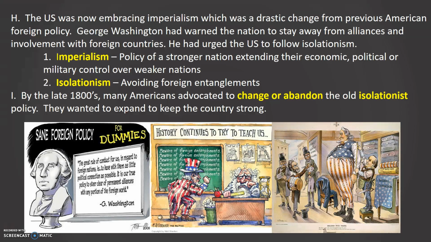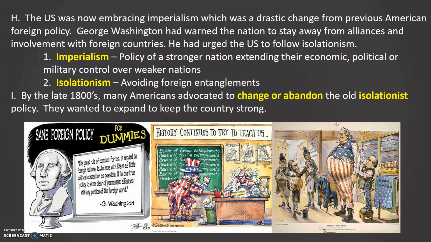The U.S. is now embracing this new idea of imperialism, which we really have not been embracing before. The United States was a series of colonies, and as colonies, we felt that the British had abused their power, and we were very much against this idea of imperialism and colonization, and we were also against the idea of involvement with other countries. But because of that second industrial revolution, we really, truly need to reach out in order to maintain markets and natural resources. So then we start to take a look at what kinds of imperialism is going to be okay.